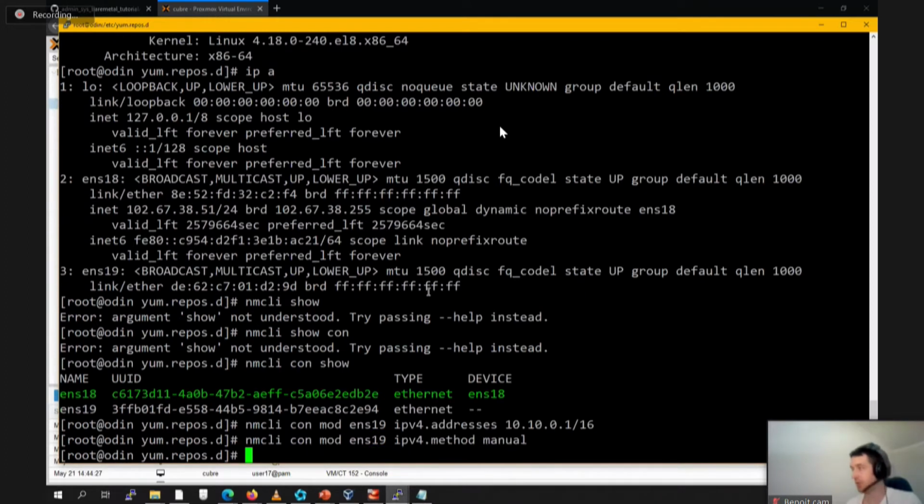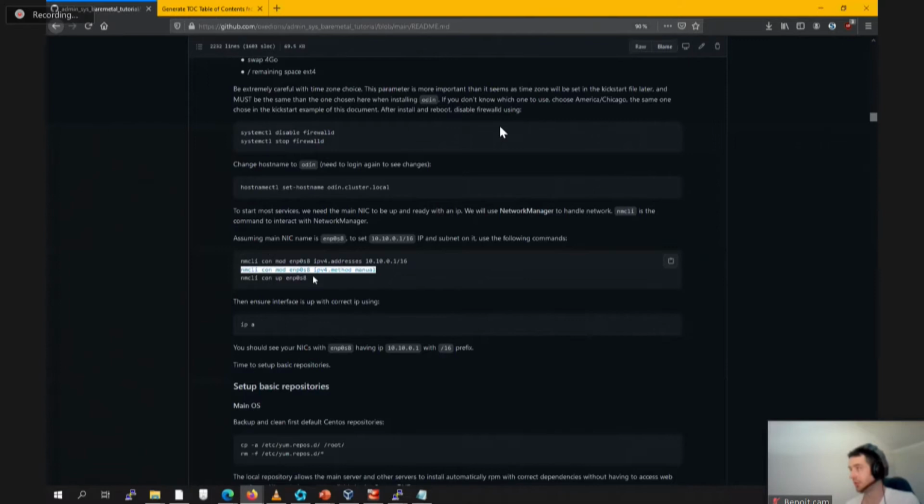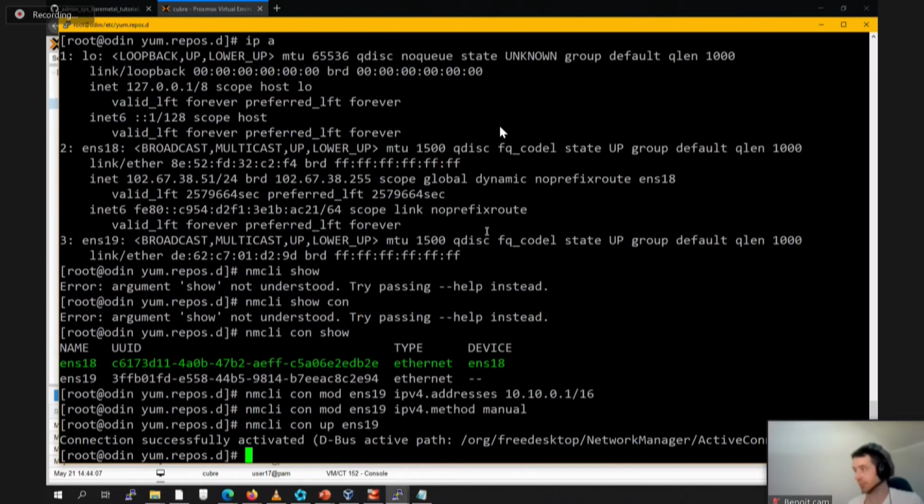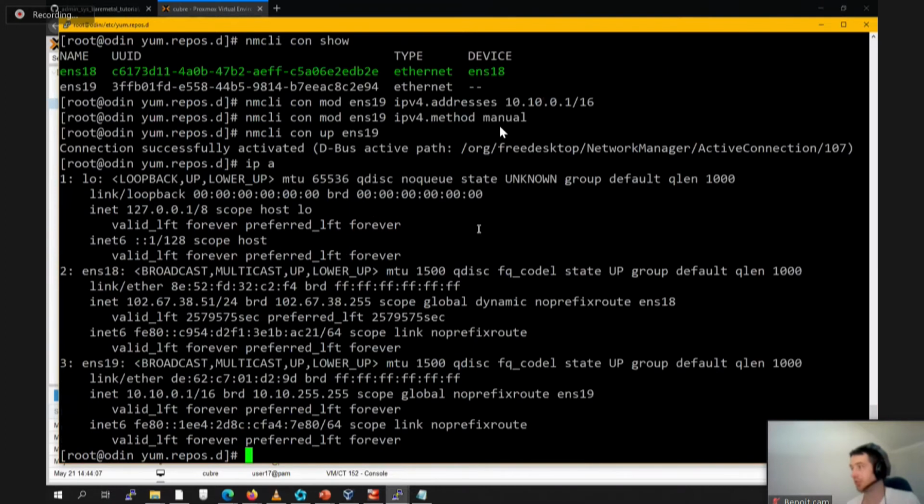Then I just set, okay, now this interface is static, and I want you to start it. So nmcli connection up, yes, and it says, okay, now it's activated. So you can see now if I do an ip a, I have the IP on this interface. Okay, I can also show,